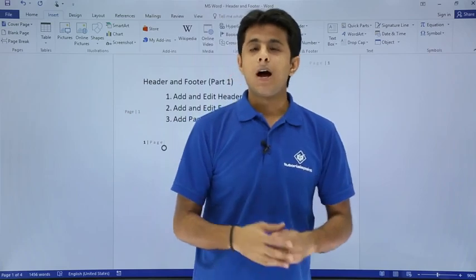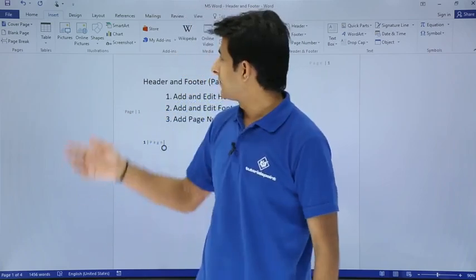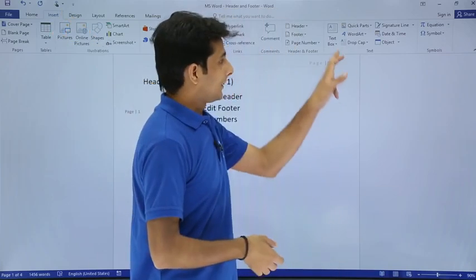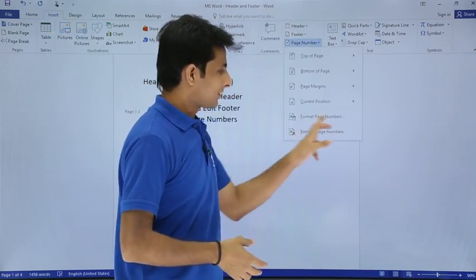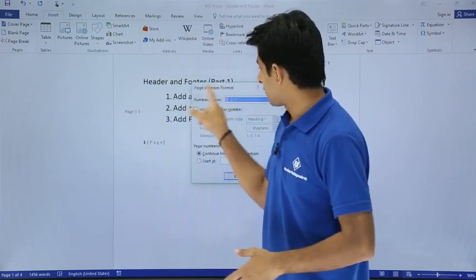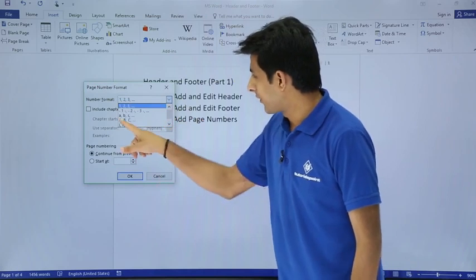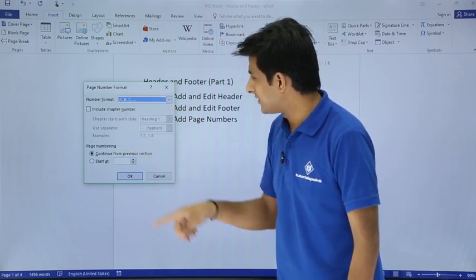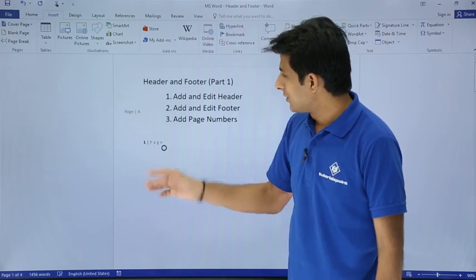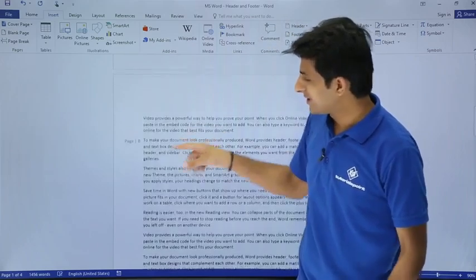The last one: how do you format the page number? If you want some other formats, how do you do that? Same process, Insert and then go to Page Number Format. I'll just click on this Page Number Format. I'll get this dialog box. Any type of format you want, you just select from here. So if I want ABC, and if I click on OK, you see it has changed to page A. Similarly, if I go down, it will be changed to page B.